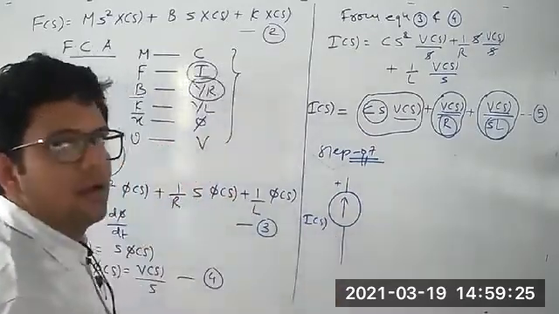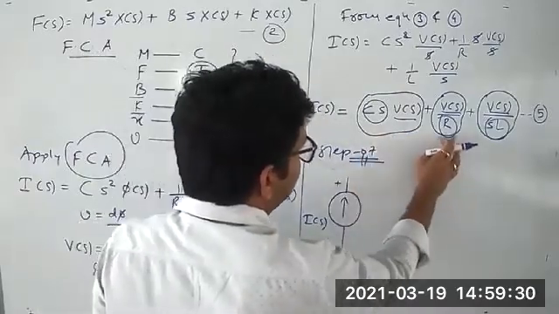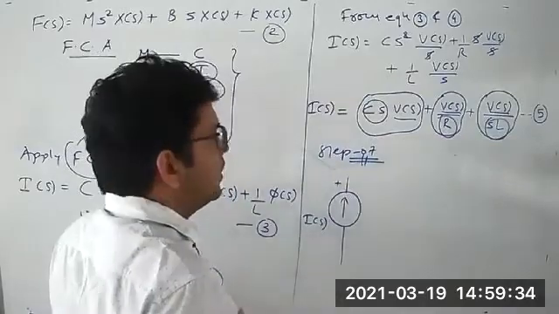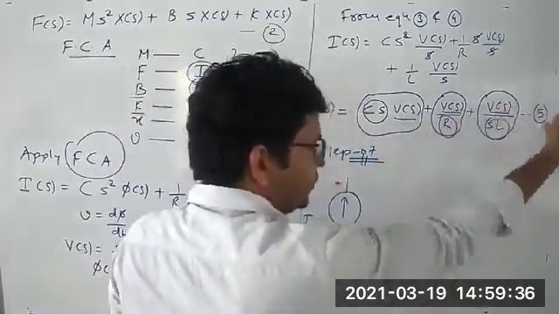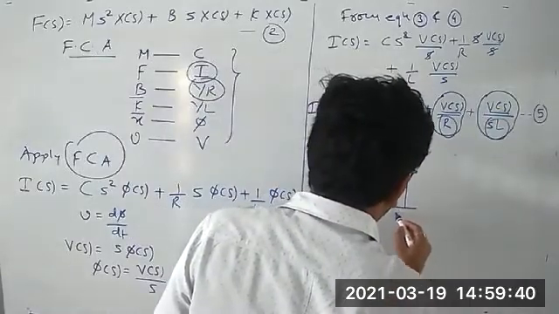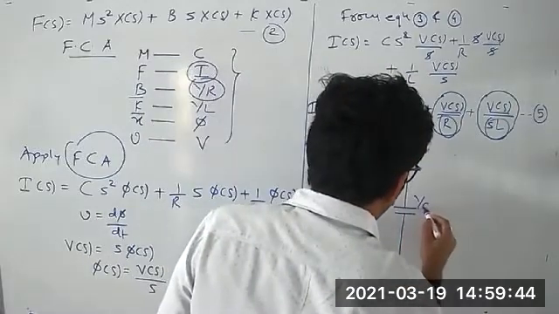I of S. Now we are having three components: capacitor, resistor, and inductor. All are connected in parallel combination. Why? Because the value of voltage across each of them is the same. So here first I am indicating the capacitor, and the value of this capacitive reactance is nothing but 1 upon Cs.